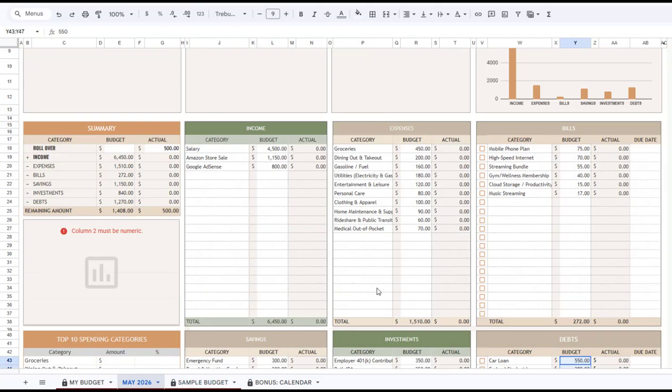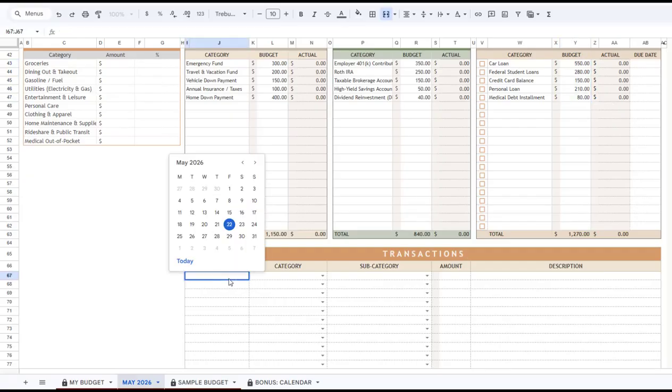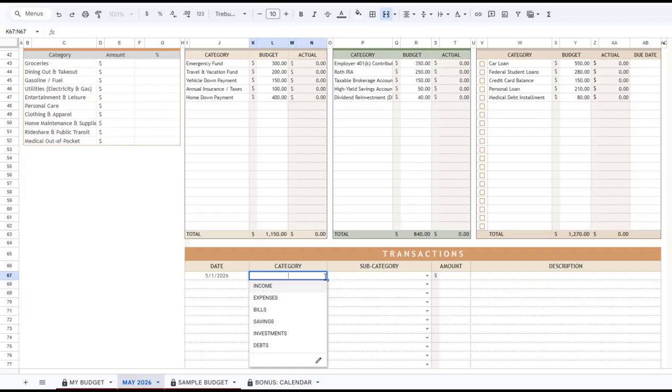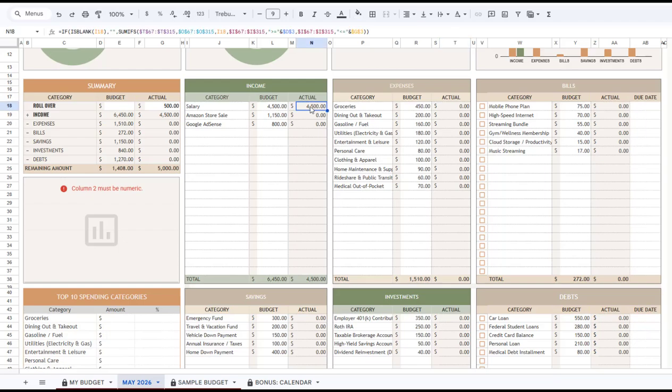Once the budget is set, go down to the transaction table. For the date in the Google Sheets, double click in the date cell and select the date from the pop-up calendar. Select the category, select the subcategory that will automatically update based on the categories entered in the relevant table, and add in the amount. Once you add the amount here, you can see this amount automatically populates in this cell